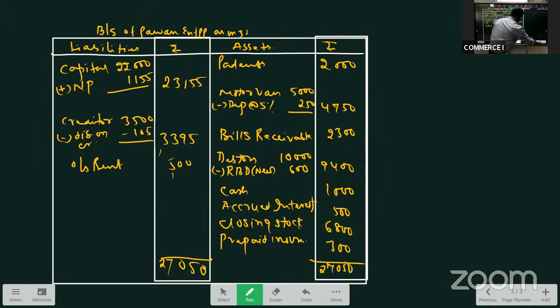Right? We'll take one more problem. We had one adjustment that was reserved for discount on creditor, but it is least expected. Since it was there, we did it. Okay, then again,